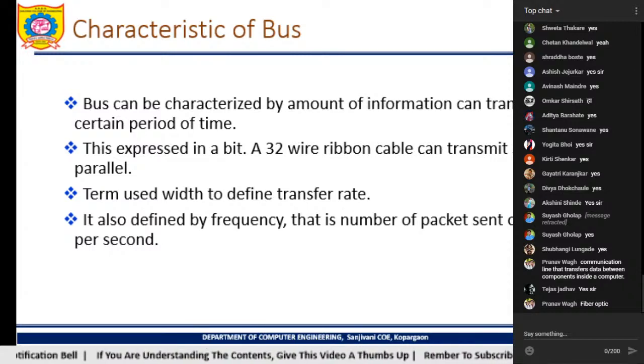In older days, you might have seen white wires which were used to connect your floppy disk, hard disk or CD-ROMs to your computer system. I'll be showing you those cables in the next practical, when we'll be learning how the booting process works, what is BIOS, what is POST. At that time I'll show you those wires as an image. Those 32 wires which are in line, in parallel, would be able to send 32 bits of data at a time.